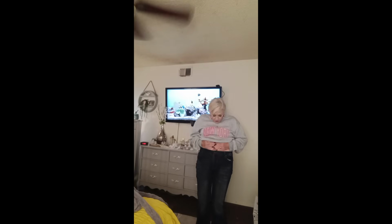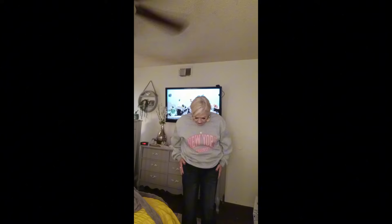They're even higher. I don't know, I'm not saying that right. But they're a little bit higher waisted than the other ones. And when I ordered them, I think it said something like mid-rise, because that's usually what I buy. But I guess that I just cannot wear Temu's jeans. I know they look fine, but they don't feel right on me. I don't like how high they are. And I didn't have to button or unbutton them to get them on. I just slipped them right on. So they're super comfy. I mean, really comfortable. You know, I should just say, Diane, you're stupid. You need to just wear these. But,